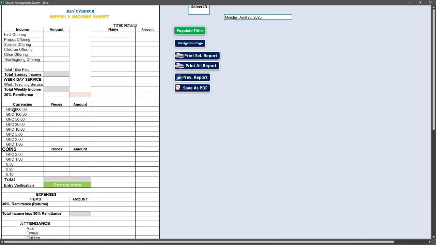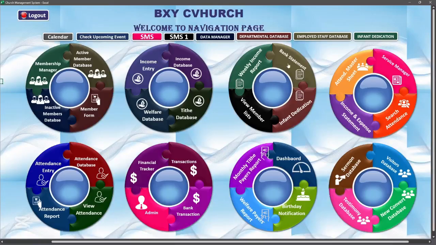If the currencies entered exceed the total income, it will tell you. And if the total income also exceeds the denominations, it will also tell you. And then you can print the report or save it as PDF into the folder that the software is saved in. And then we also have